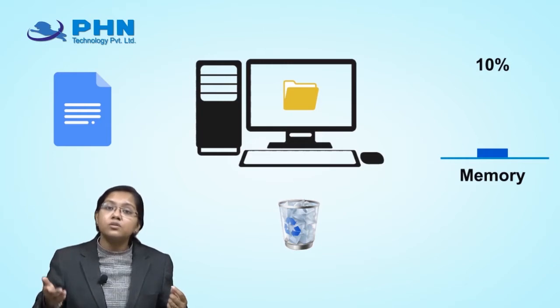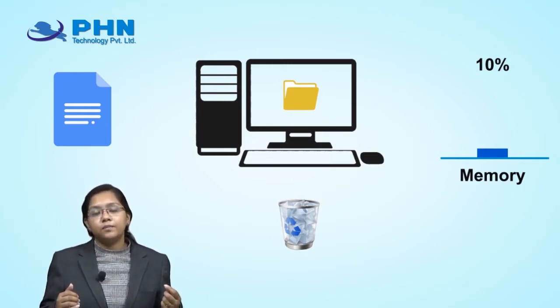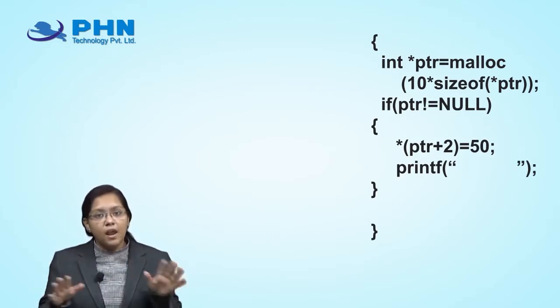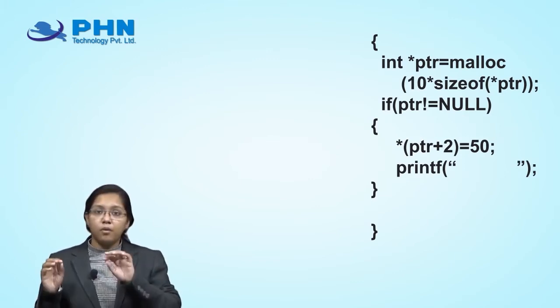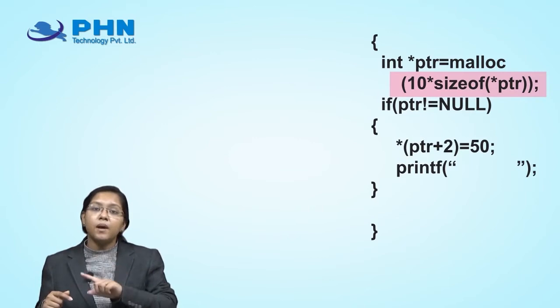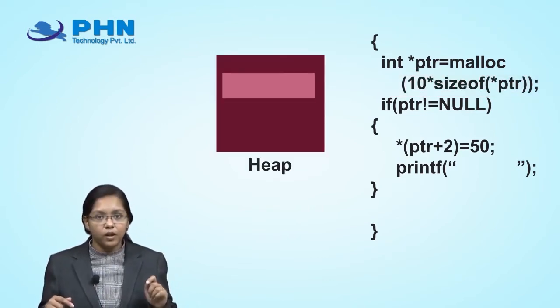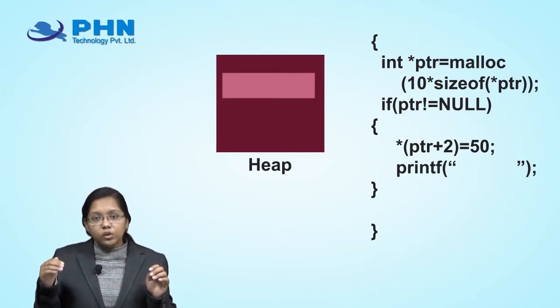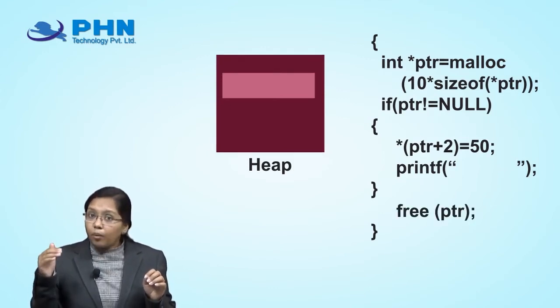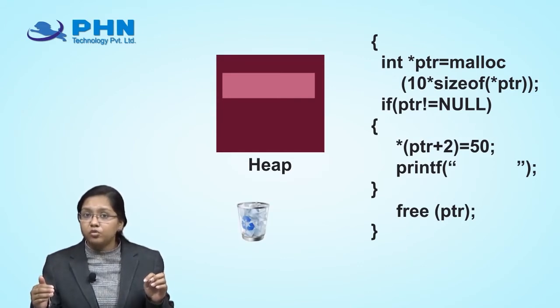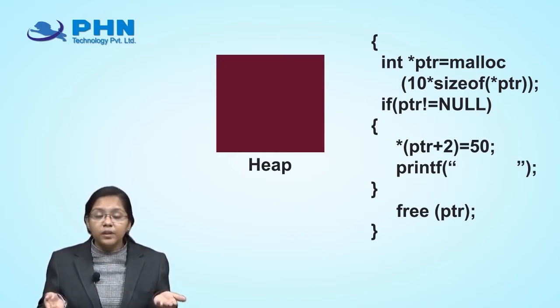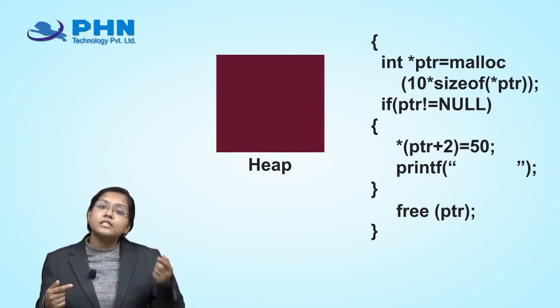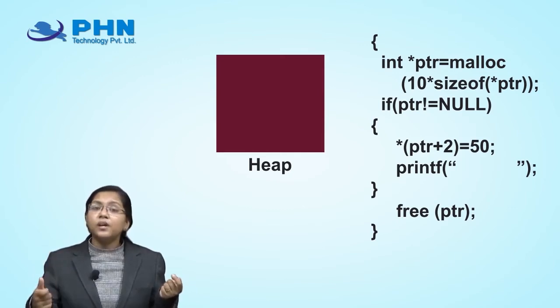Here in the heap, the same goes. Let us take an example like this. Through malloc I am allocating the memory one by one. The moment I call malloc over there, my memory is getting stored in the heap. But below you can see there is a free function, and the moment I give the free function over there, my memory is getting deleted. That's what I wanted. Through malloc my memory was getting allocated, but through the free function my memory is getting deleted. That's why the free function is used.